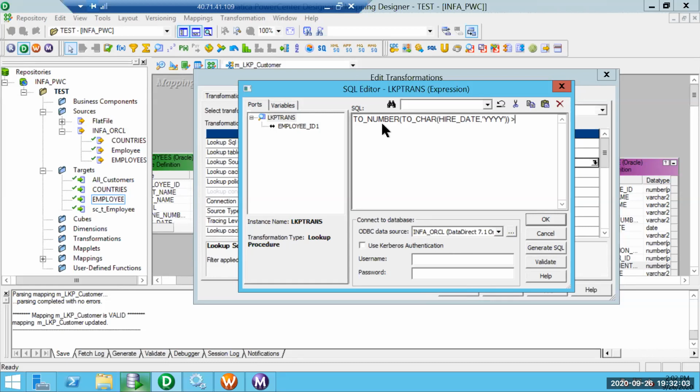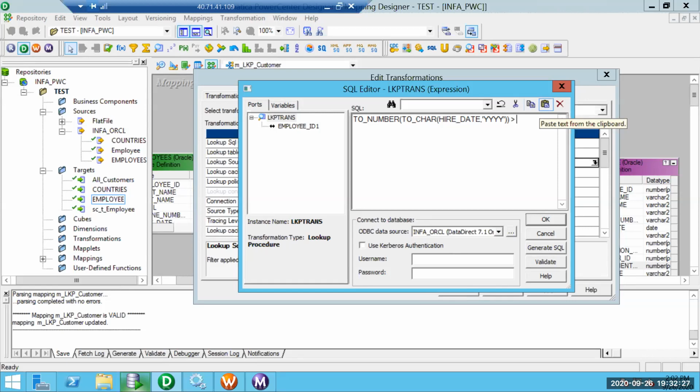These are specific to the database. Since my database is Oracle, I am using TO_CHAR and TO_NUMBER. If it is SQL Server, we need to use the cast or convert function to change the types. TO_CHAR and TO_NUMBER will not work in SQL Server.